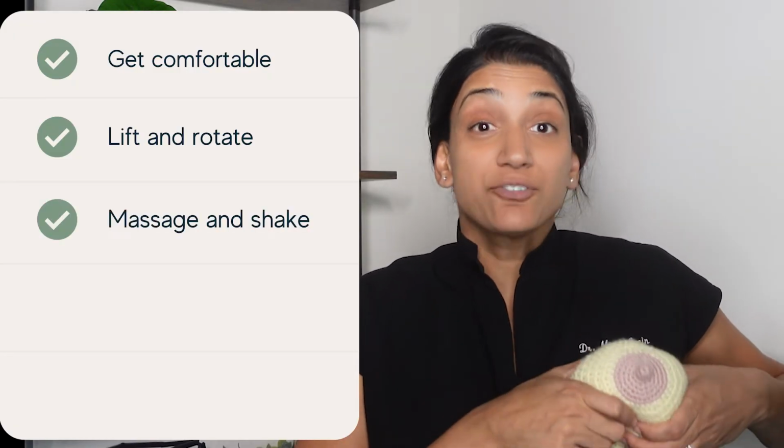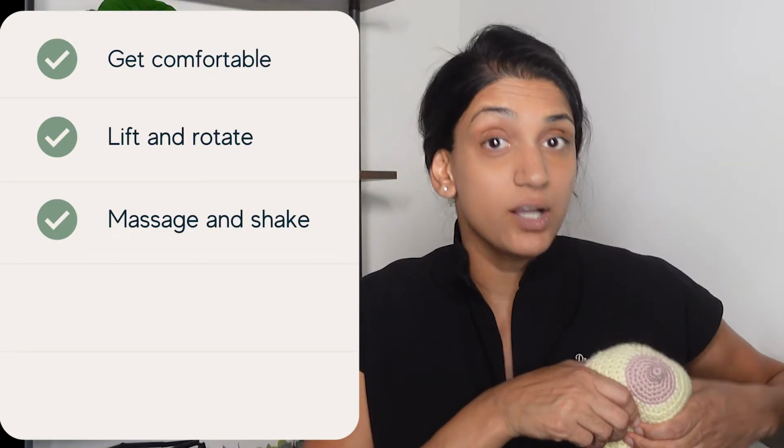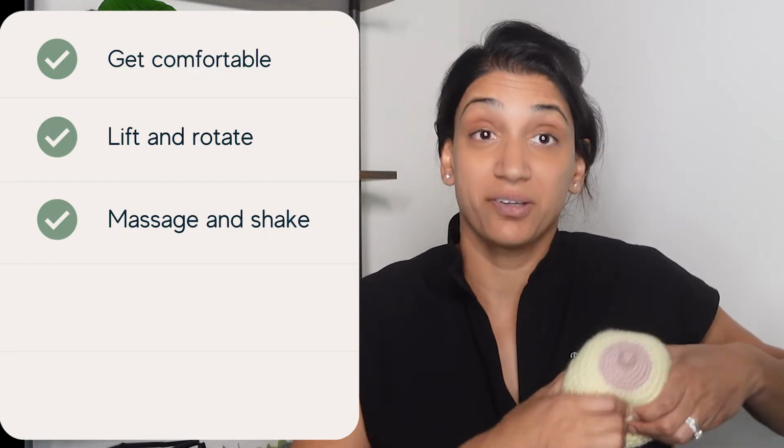Massage and shake. After rotating, gently massage the breast in the direction of the clog, moving from the outer breast towards the nipple. Lightly shake your breast while doing this to encourage milk. The point of this is to get milk moving behind that clogged duct. And breast gymnastics is just a simple rotation, up and down, whatever you feel is right to get that milk